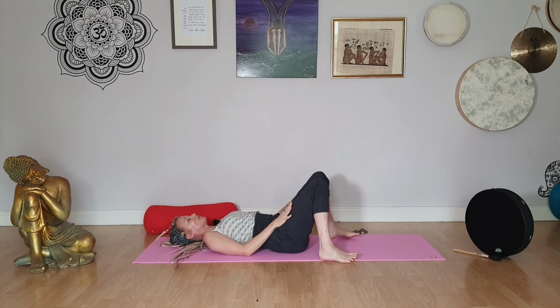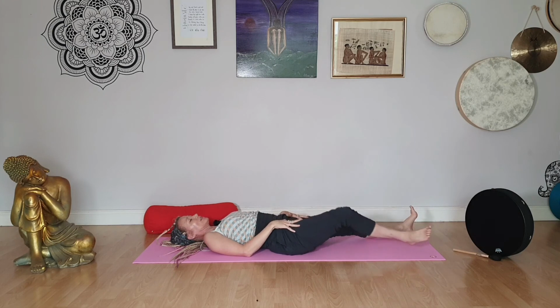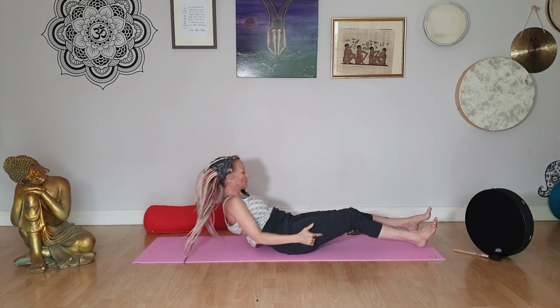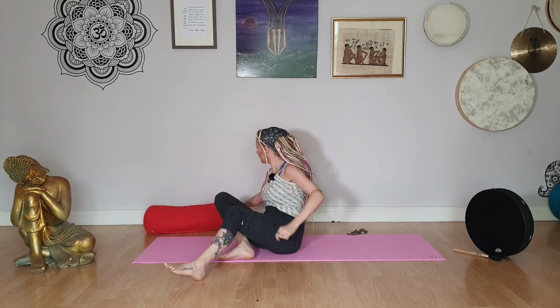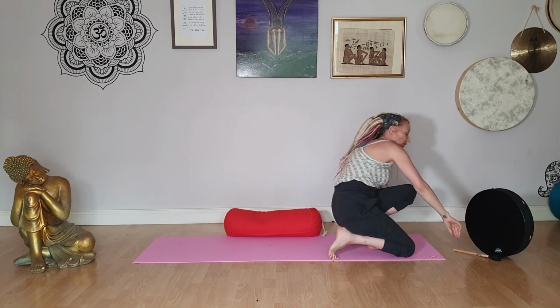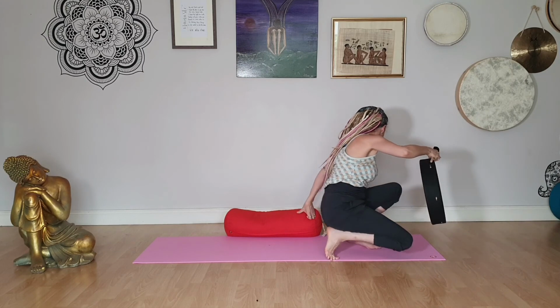Either with the feet on the floor, knees together, or extending your legs fully, letting the feet flop out to the side, arms away from the body, shoulders away from the ears, back of the head comfortable. And just take time just to arrive on the floor here. Just feeling the effects of the short practice on your body,